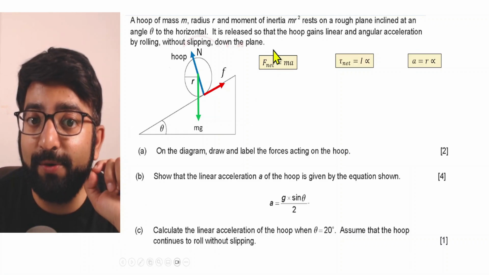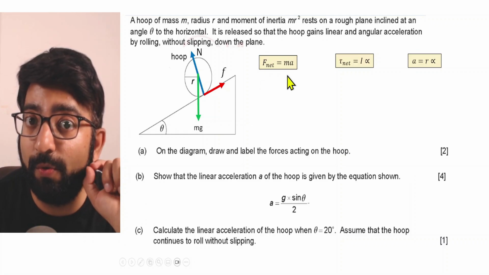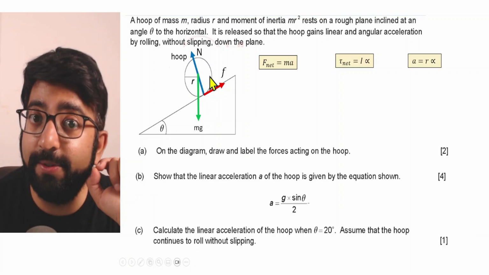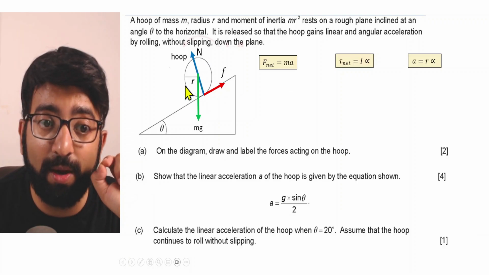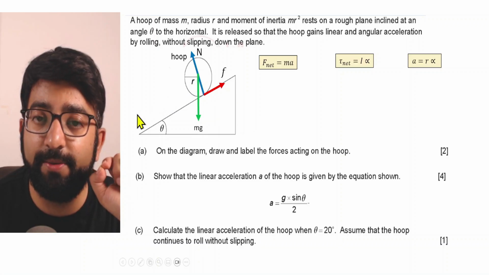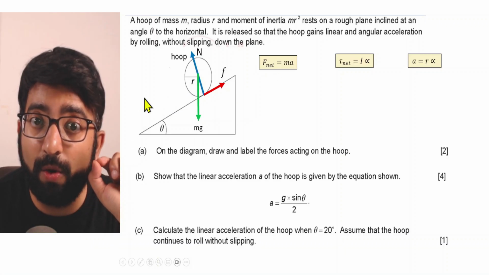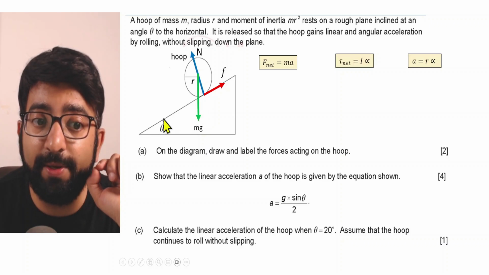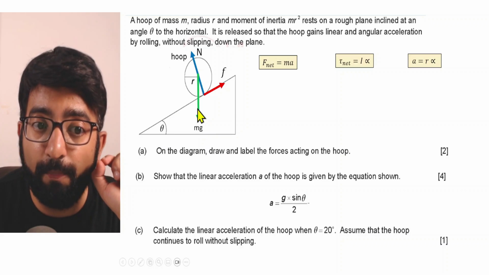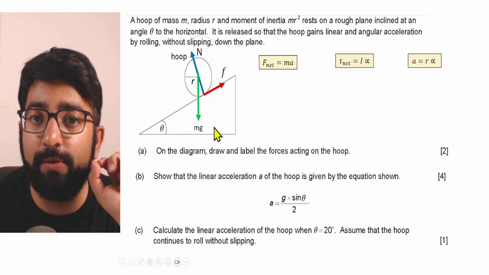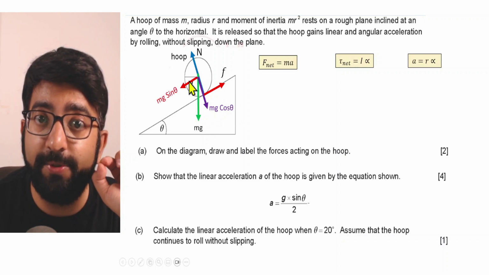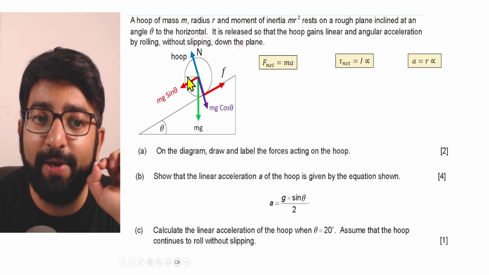Remember the concept, we need to apply this equation F net is equal to ma along the direction of acceleration. In this case, the hoop is going to have a linear acceleration along the incline, so in this direction. In order to find the net force along the incline, we will break the mg into components. Since the angle of the incline theta is given, the component of mg which is perpendicular to the incline will be mg cos theta,